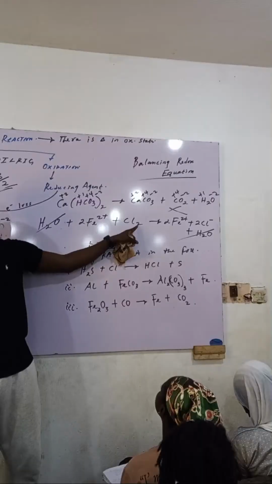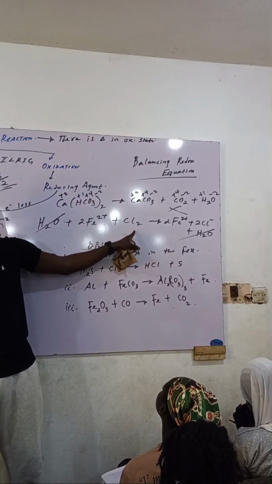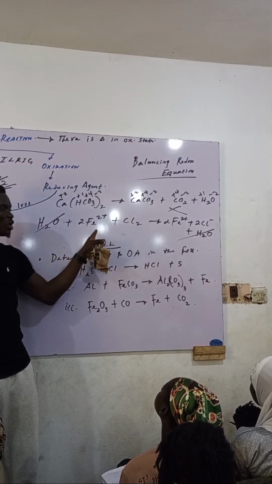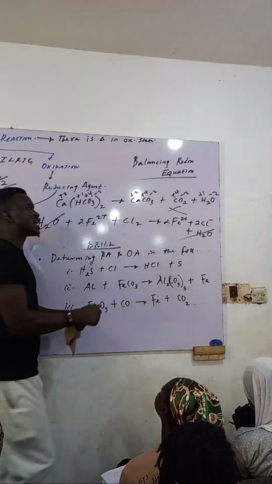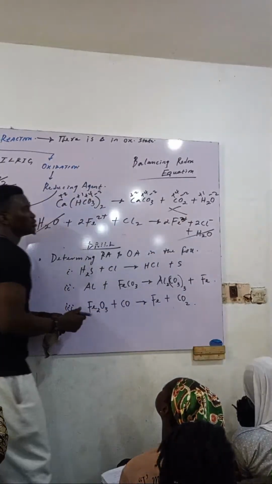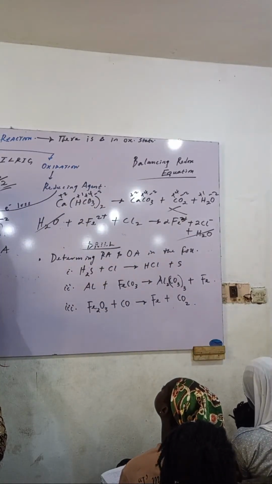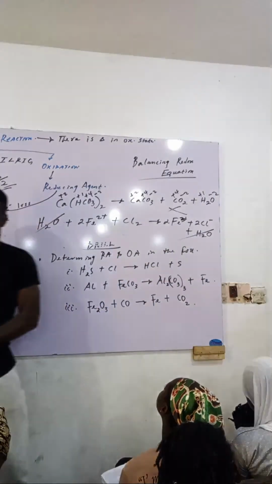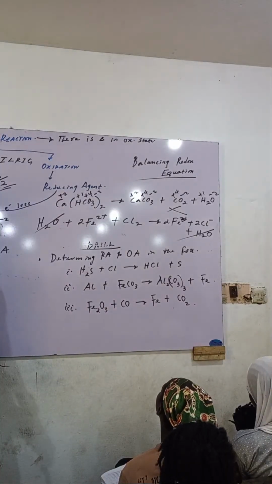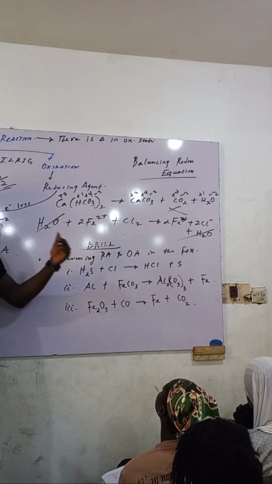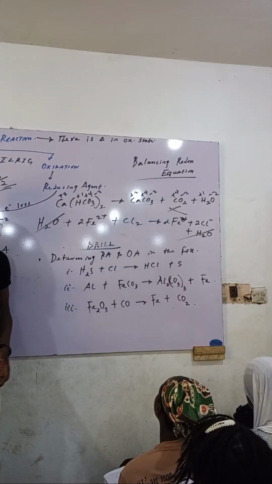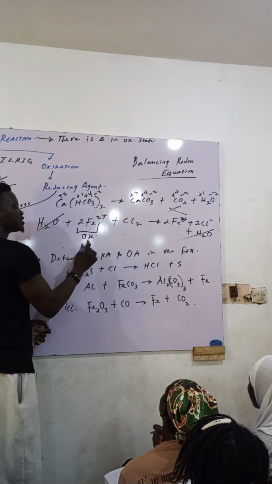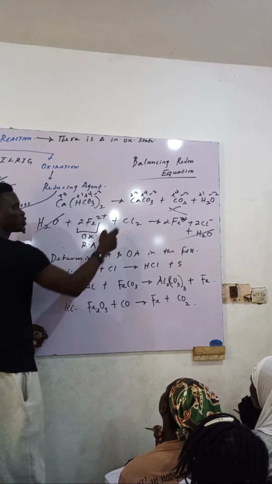Why did this one change? So when this one was gaining electron, where did it gain it from? It must have gained it from iron. So this one must have been plus 3, not plus 2. So in this equation now, which one is undergoing oxidation? Iron. It's going from plus 2 to what? To plus 3. So this one is undergoing oxidation, and it is the reducing agent. This one is undergoing